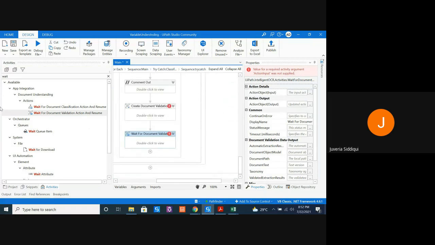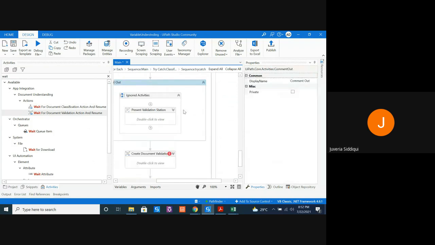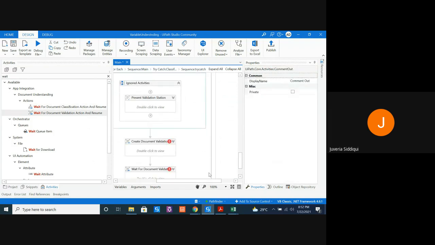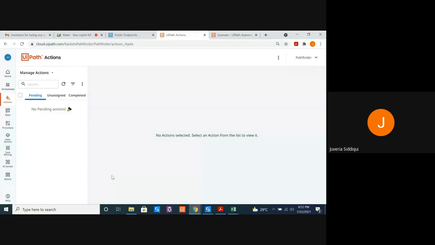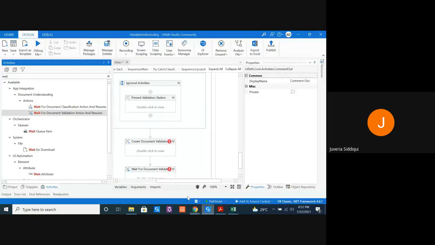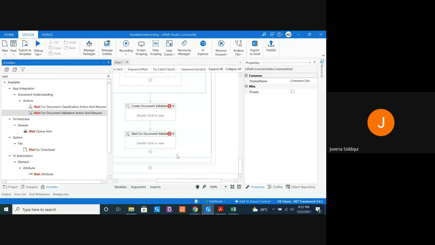But over here, I would like to take a pause. When you use this, either the attended automation we did over here or what we were seeing on the action center, everything will be similar. So there is nothing new that I'll be teaching you over here. I'll be just redoing everything. Let's take a pause and see what happened today.